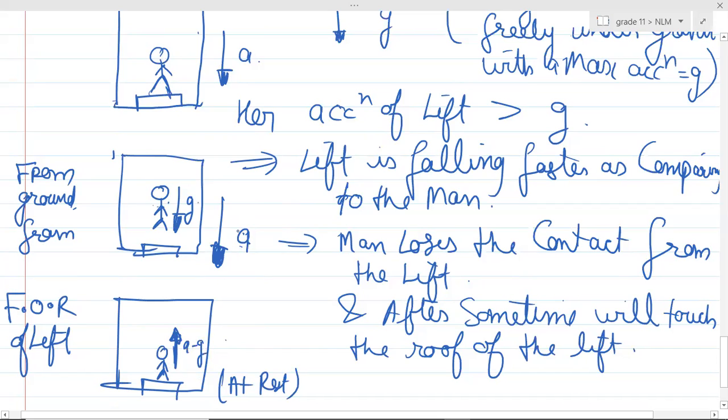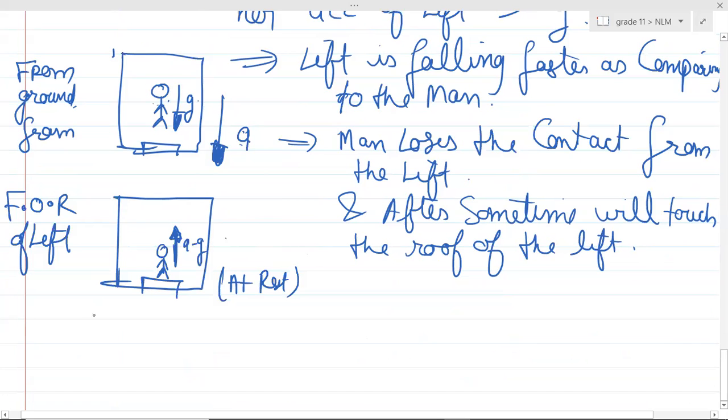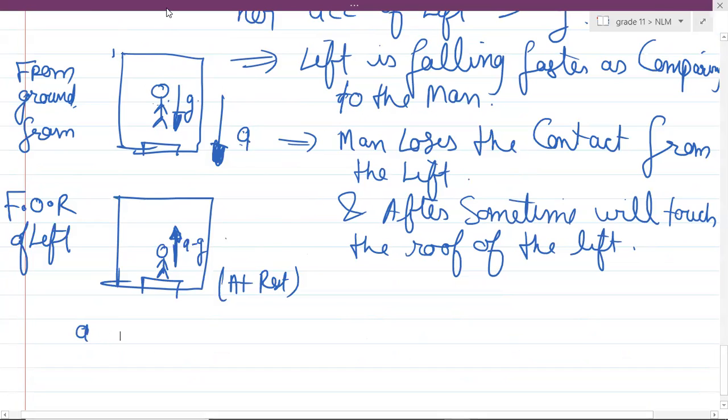So can you see, if you try to do the relative motion thing, i cap, j cap, do you remember guys? Plus minus relative acceleration of man